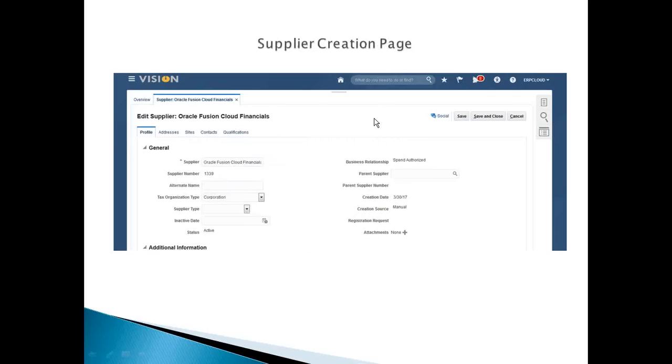So this is the supplier creation page. Anyway, you don't see a big difference from EBS. We create the supplier from a web page there, and here also it's a web page, but it's an ADF page. When you are going to create a supplier, this is how we create it here. First we create the supplier profile. This is equal to the header of the supplier in EBS. And address, when you are creating the site in EBS,